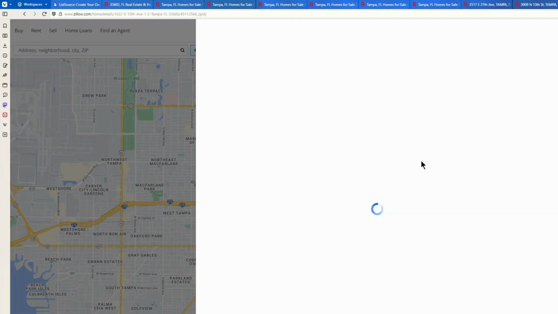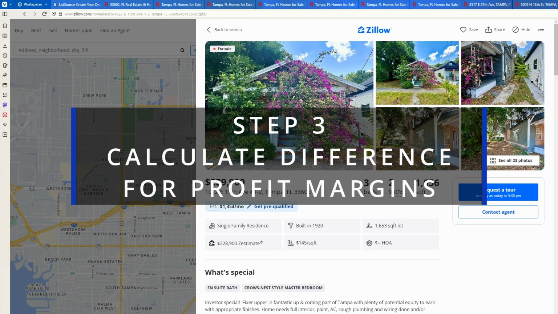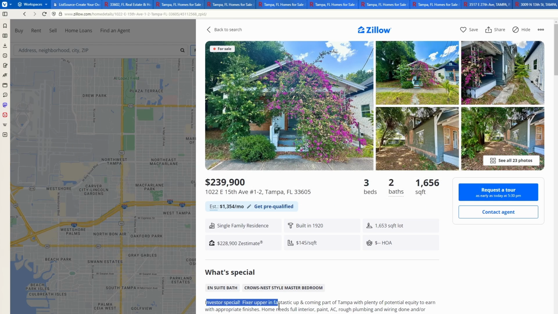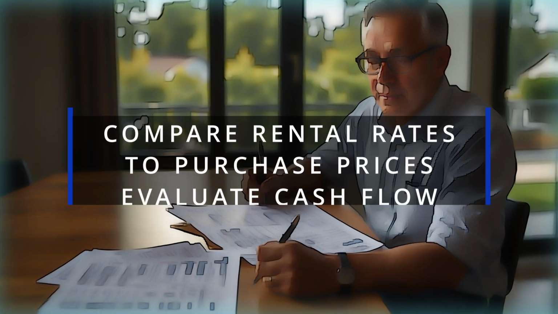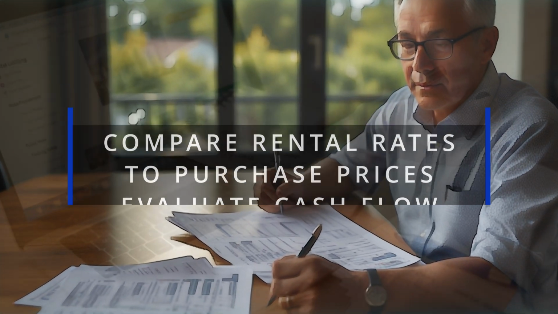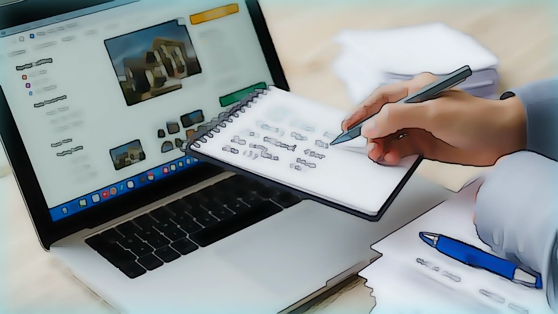Step 3. Calculate the difference to understand the potential profit margins for flips. This calculation should factor in renovation costs, holding costs, and any potential appreciation. With this method, once you've gained a clear understanding of property prices, you can also evaluate whether properties in the area will generate enough positive cash flow by comparing current rental rates with purchase prices. By analyzing the balance between these factors, you can determine whether the potential rental income will provide sufficient cash flow